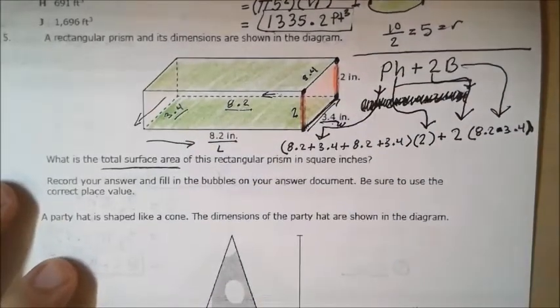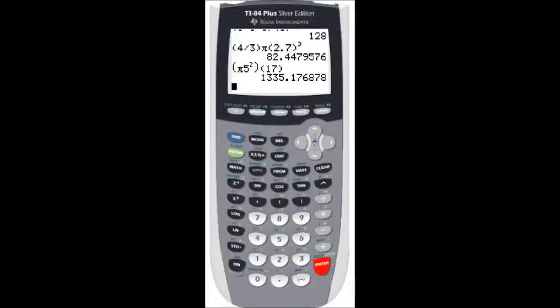So let's put that in our calculator and see what we come up with. Let's put a parenthesis, and I'm going to put in each part: 8.2 plus 3.4 plus 8.2 plus 3.4, close parenthesis. Then I'll put my next parenthesis and put in a 2, close it. Then plus 2, and another parenthesis because I want to multiply 2 by what's inside of the parenthesis, which is the area of my base, 8.2 times 3.4, and then close parenthesis. I got that all in there now. I'm going to hit enter, and it gives me